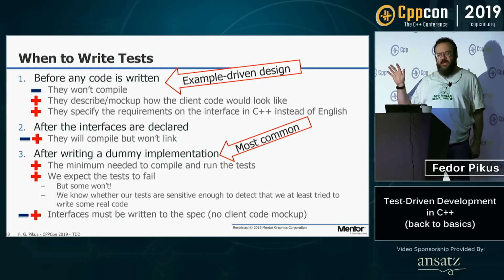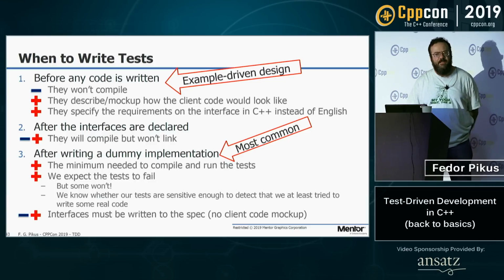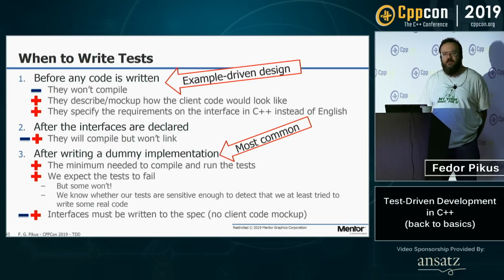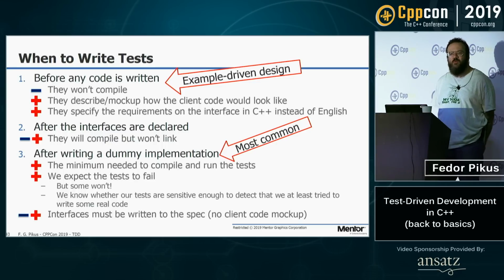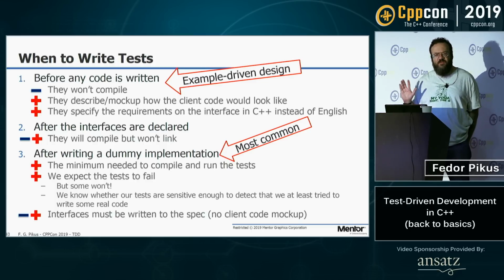If you do it the first way, it's not my term, so some other people invented it. Sometimes it's called example-driven design. And that's basically the value here. You're designing your software, think, okay, if I did my interfaces this way, how would the client code look like? Would I be able to do what I need to do? You're not compiling the tests except in your head, but if you discover that with the interfaces you have in mind, you actually cannot write the test for what you want, you just found that your design doesn't do what you would like it to do before you wrote any code. As I said, the biggest impact of test-driven development is not on your code, it's on you, on your mind.